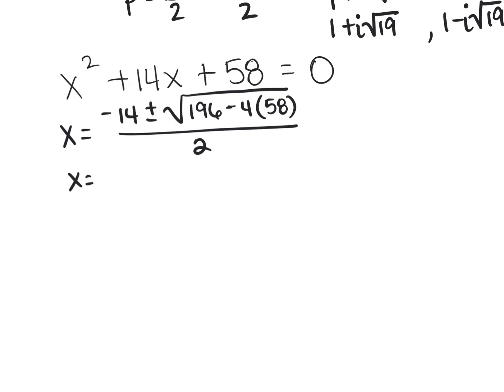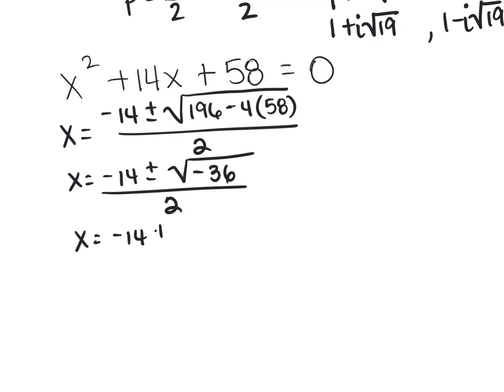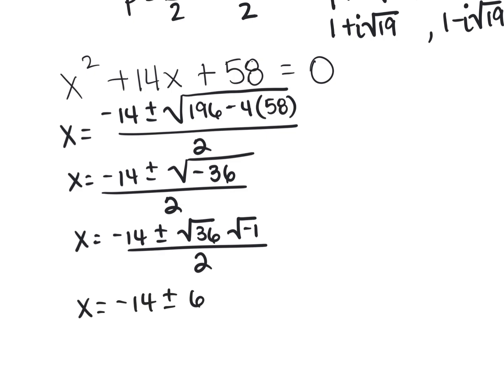So now we're down to the simplification process. We have negative 14 plus and minus. We have 196 minus 4 times 58 is going to give us a total of negative 36, and that whole thing is divided by 2. So we have the radical we have to deal with. We have negative 14 plus and minus square root of 36 times the square root of -1, and that's divided by 2. So from here, we're going to have x is equal to negative 14 plus and minus 6i,